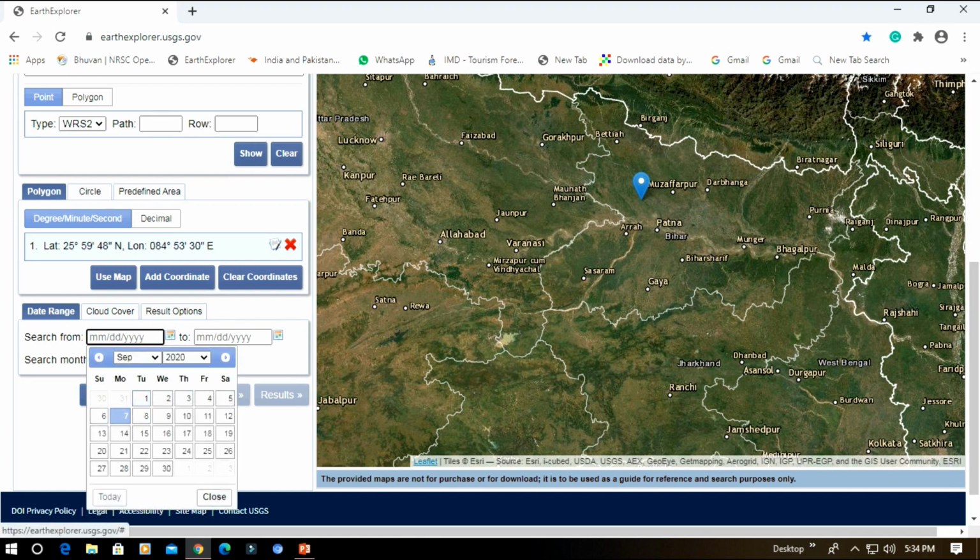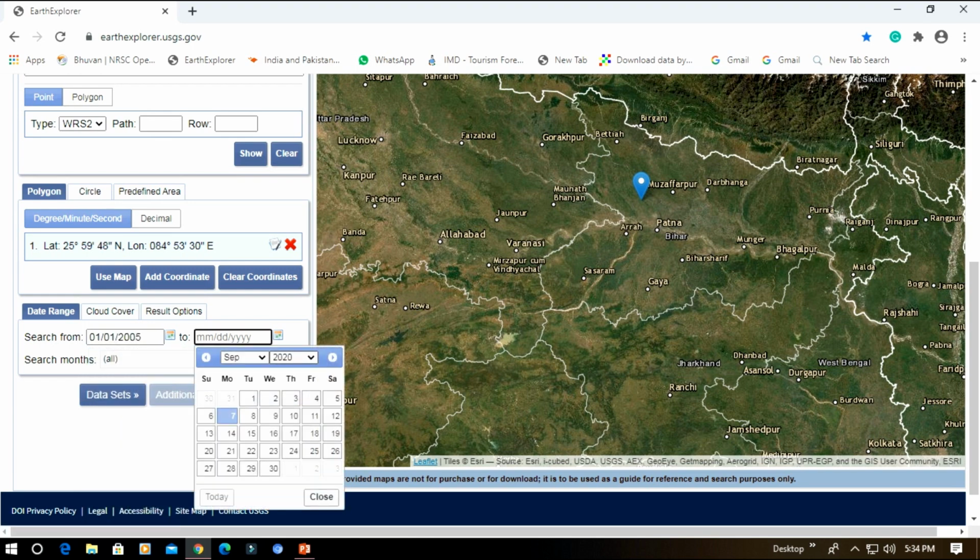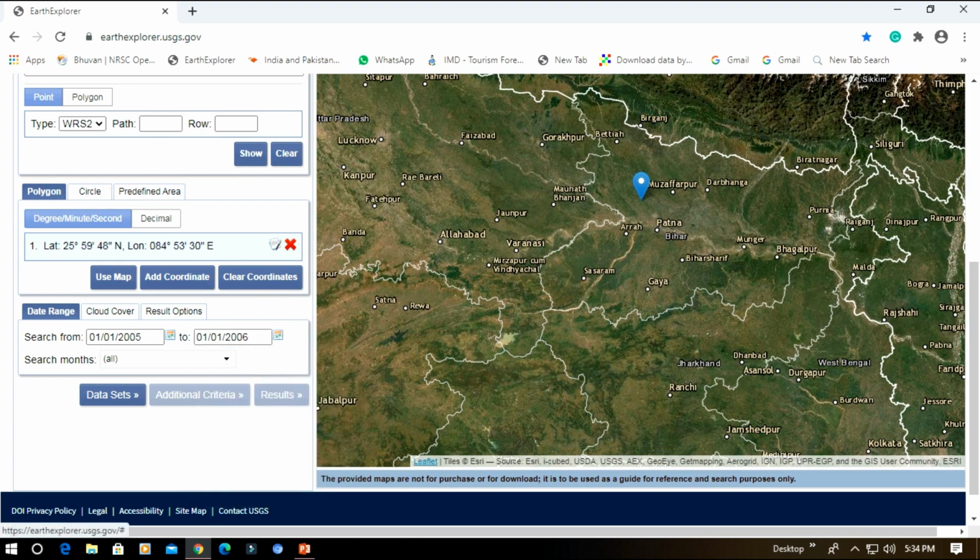Suppose 2005 January 1st to 2006 January 1st, and search the month: all months or selected months.